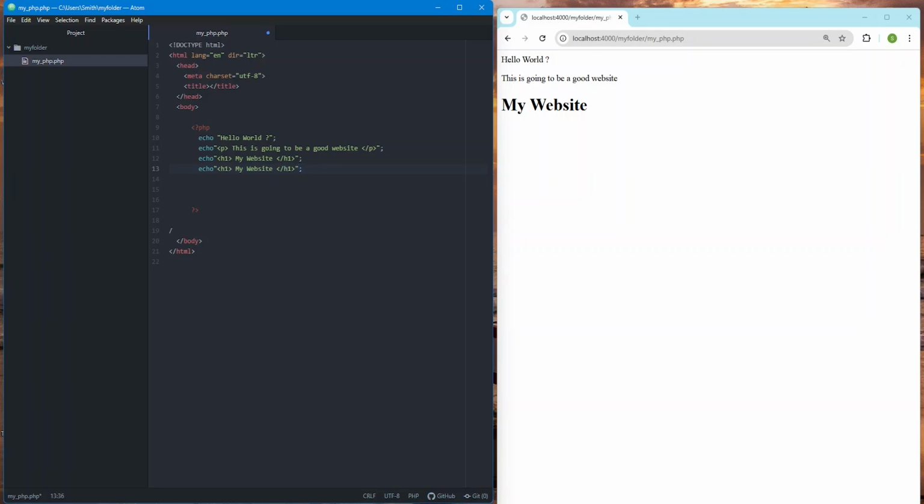If you want to give a space to make it look a bit better, you can do that. And now I'm going to delete the content which I had, and here now what I'm going to type is